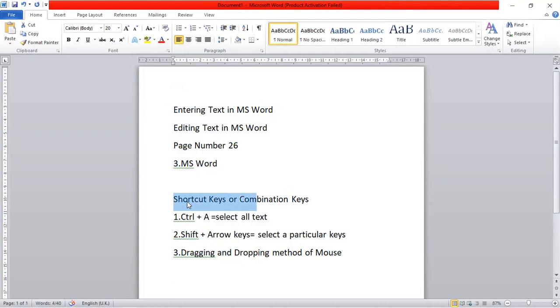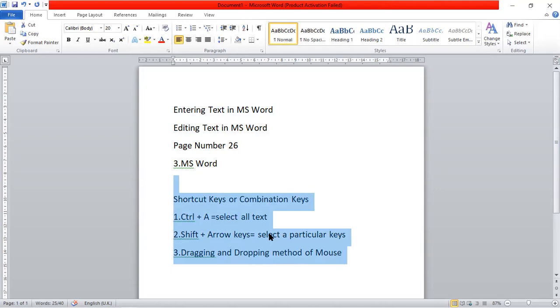Right now I'm pressing the right arrow key. Again, the down arrow key. In this way, with the help of Shift and arrow keys, you can select the text from left to right, from top to bottom, or again from right to left. Now I'm using the left arrow key, Shift plus left arrow key, up arrow key, like this. So this is the second method to select the text with the help of Shift plus arrow keys.